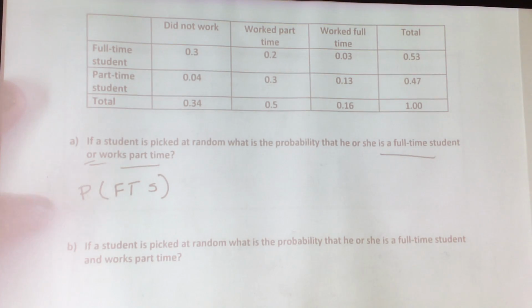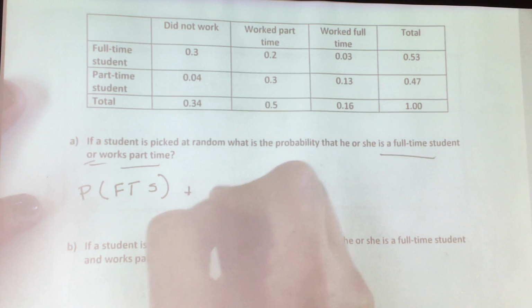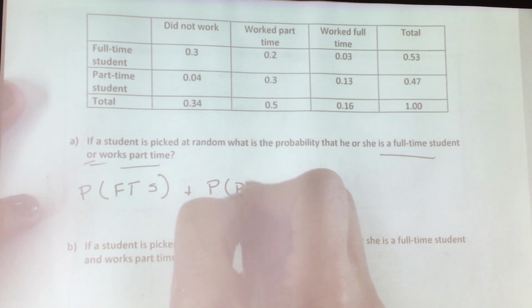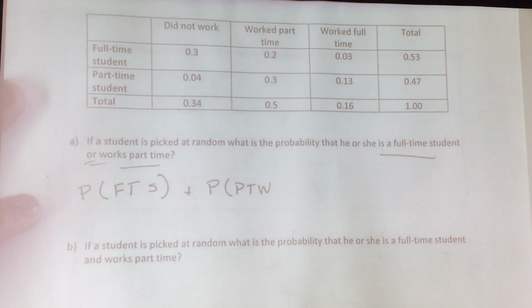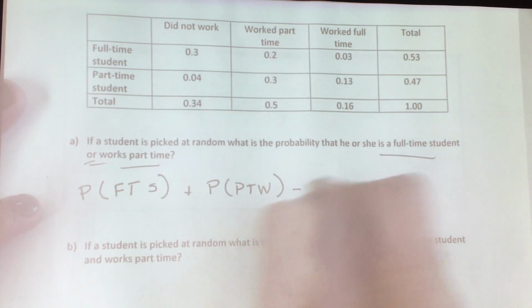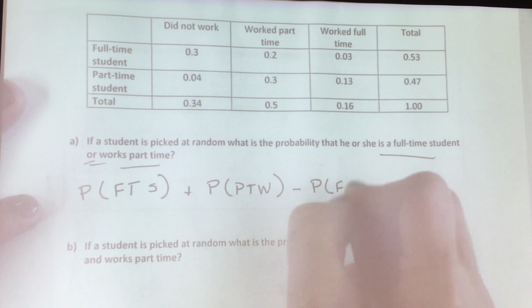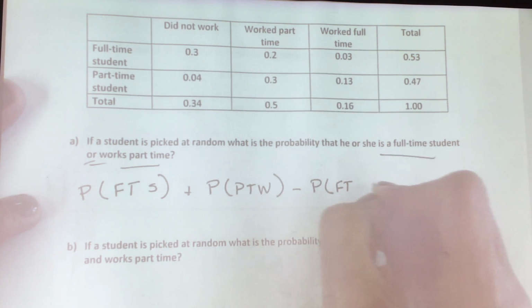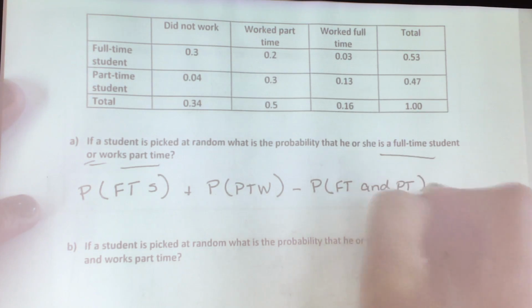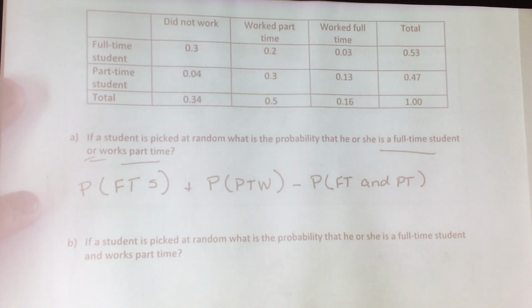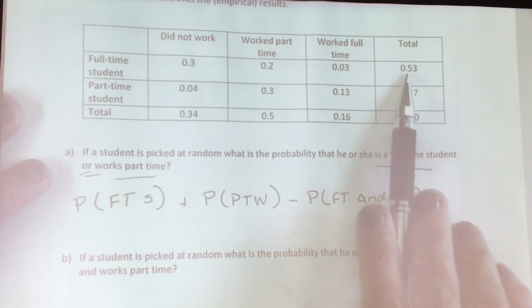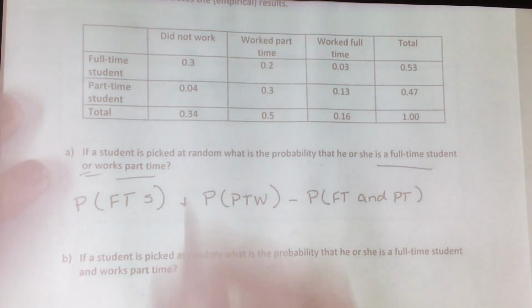You're going to find the probability of the full-time student plus the probability that she works part-time minus the probability of full-time and works part-time. So the probability that he's a full-time student, looking at your chart, you have 0.53